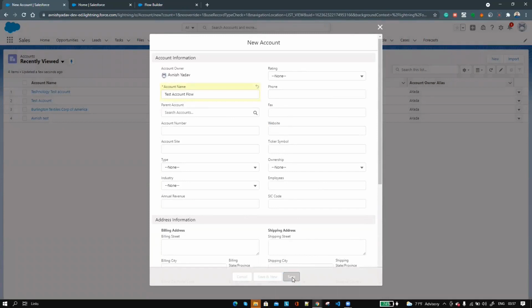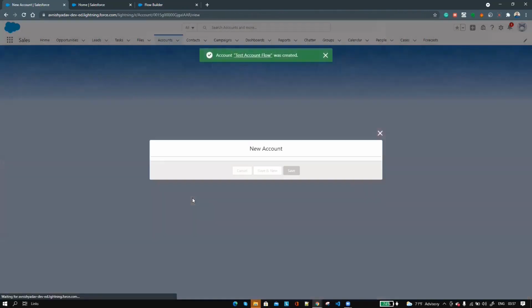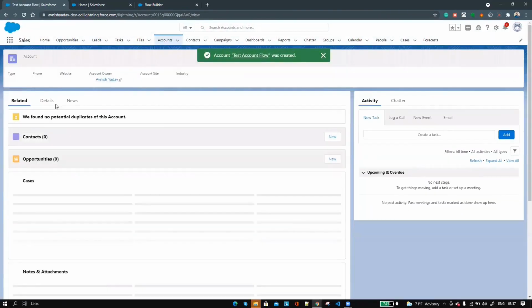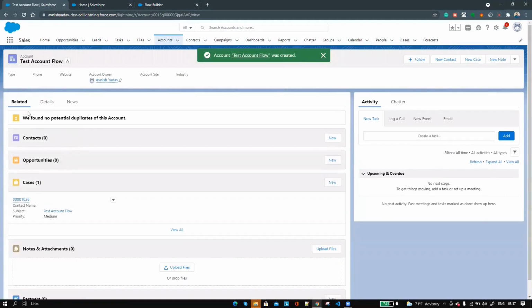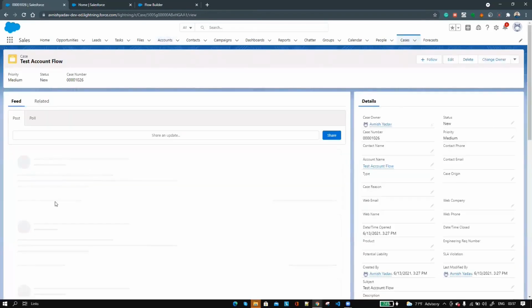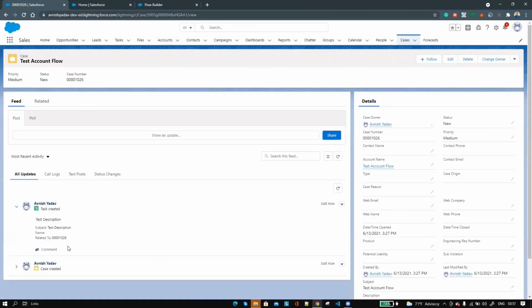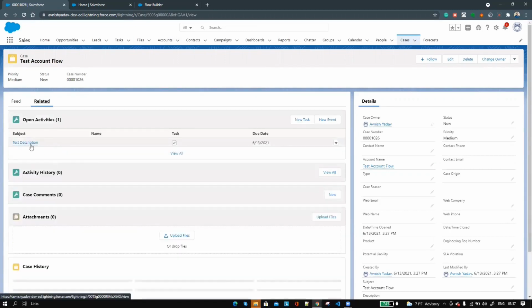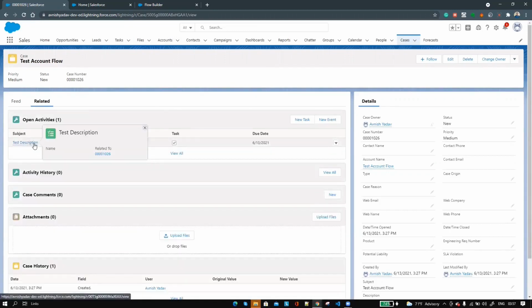And we'll click on save. So you can see a new account is created with the case 1026. If you open this case, you can see a new task is created. If you go to the related section, you can see in the open activities a test description task is created. So we are done with the second example.